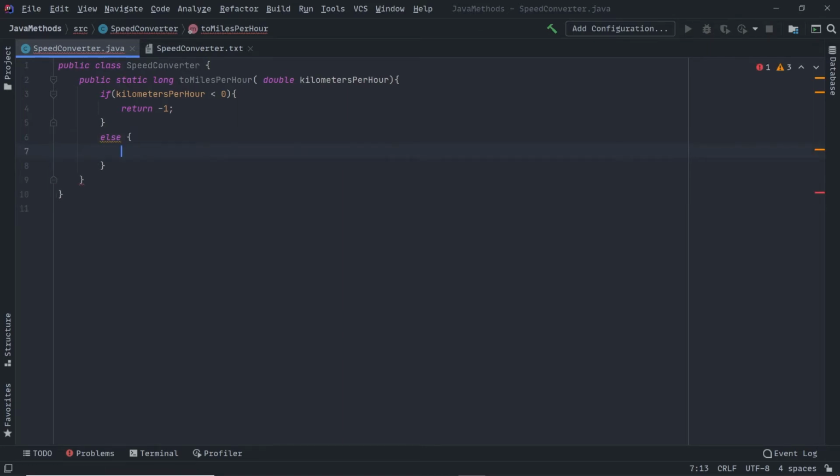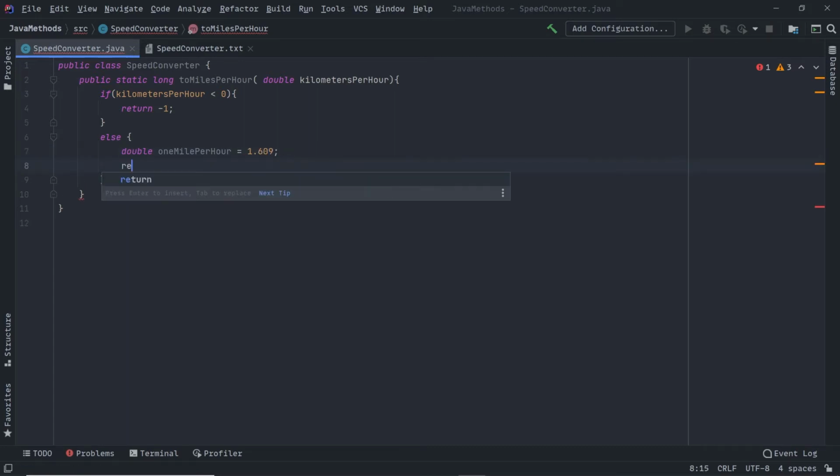So before going to that one, we should have a logic, right? 1 mile per hour is 1.609 kilometers per hour. So we need to round the value, right, kilometers to miles per hour. So what we will do, we will declare a variable of type double called oneMilePerHour equal to 1.609.